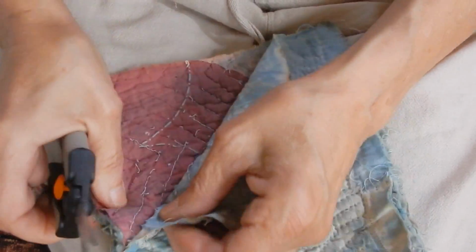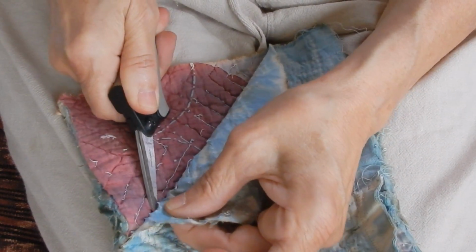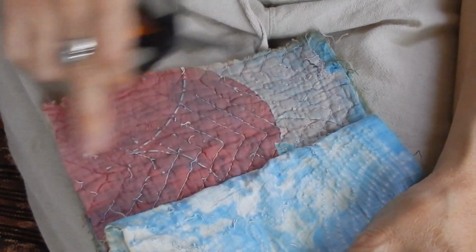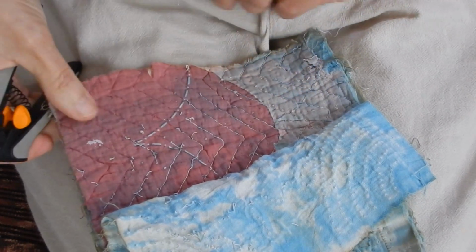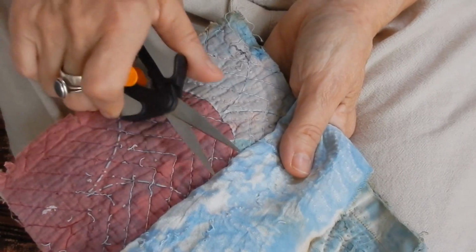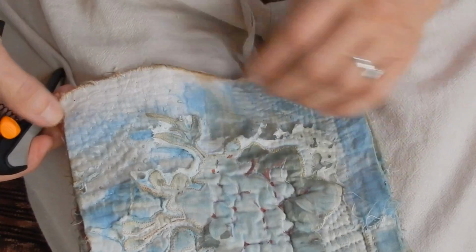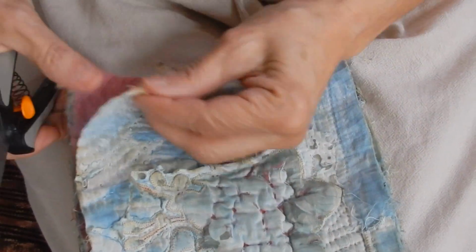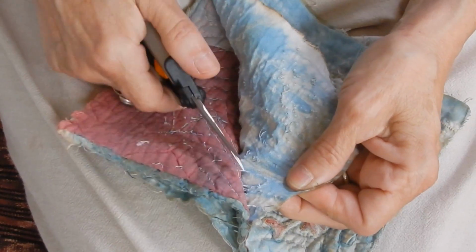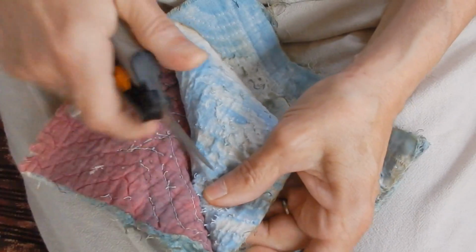which in some cases is pretty difficult because there is some machine stitching in here in addition to my own hand stitching. This was the original face of that kind of moving blanket thing. And you can see the machine stitching here, and I had coated it with something else and an applique, so there's all kinds of stitches in here, and it's taking me forever to undo it, but I'm undoing it because,